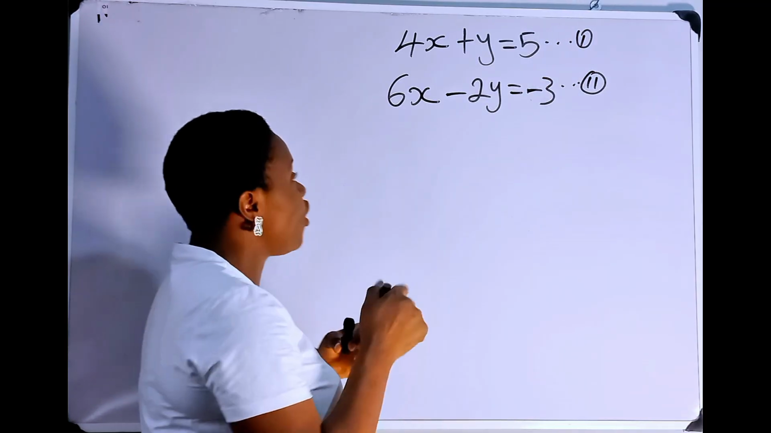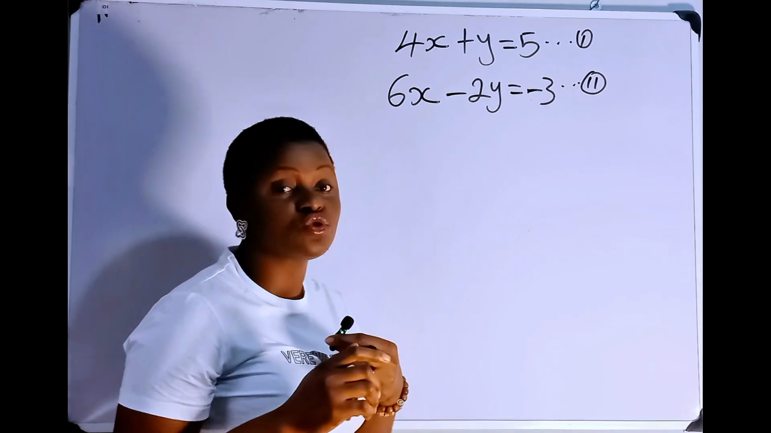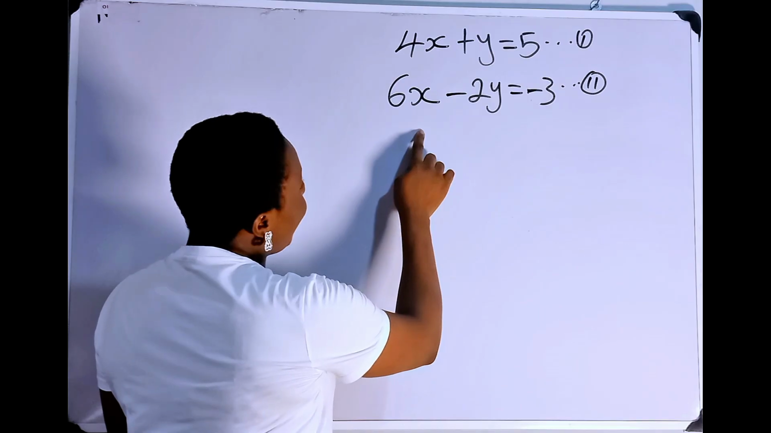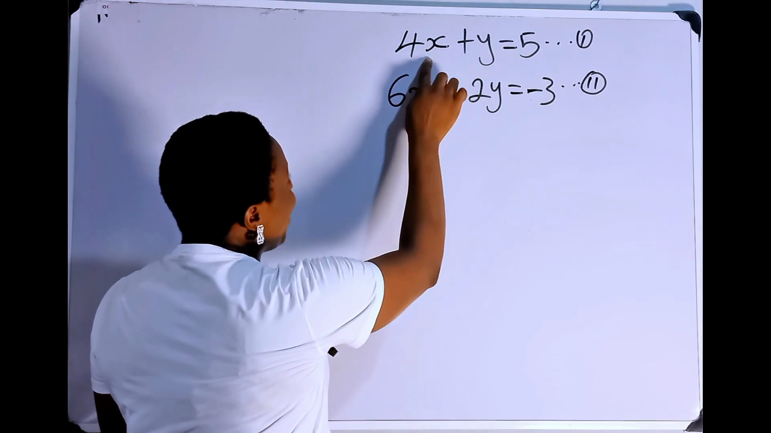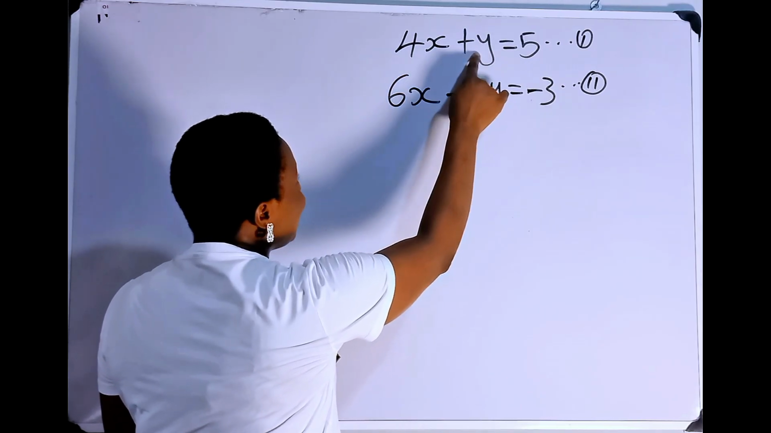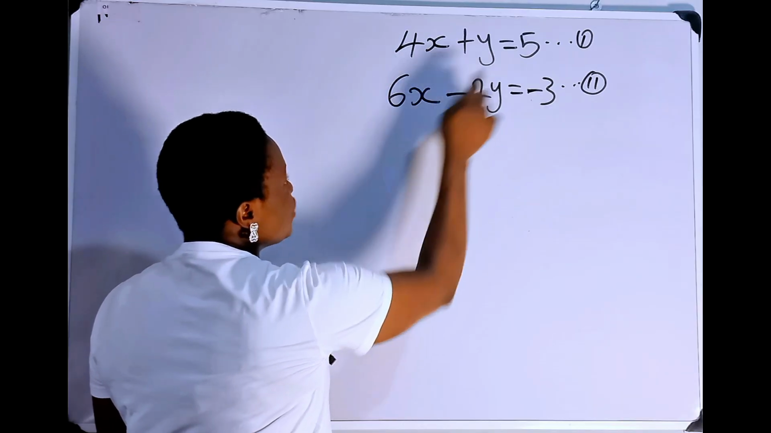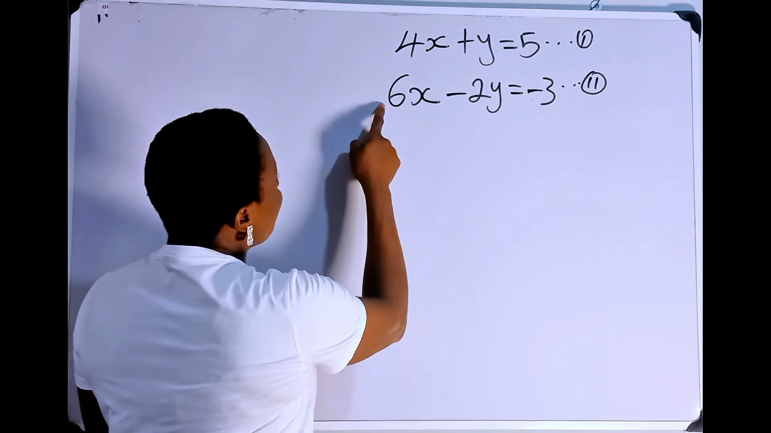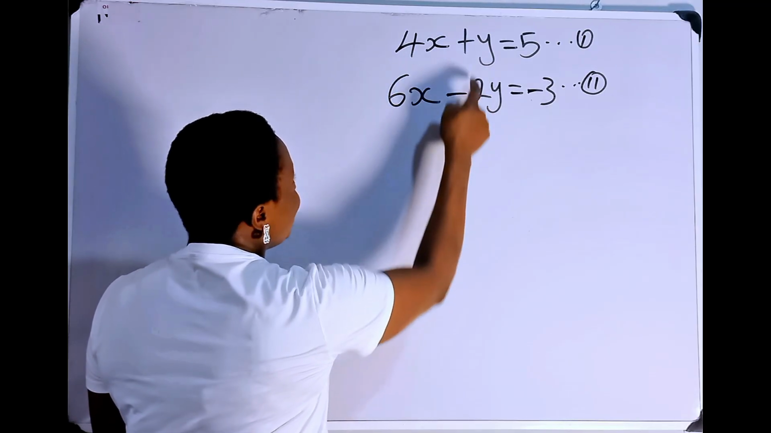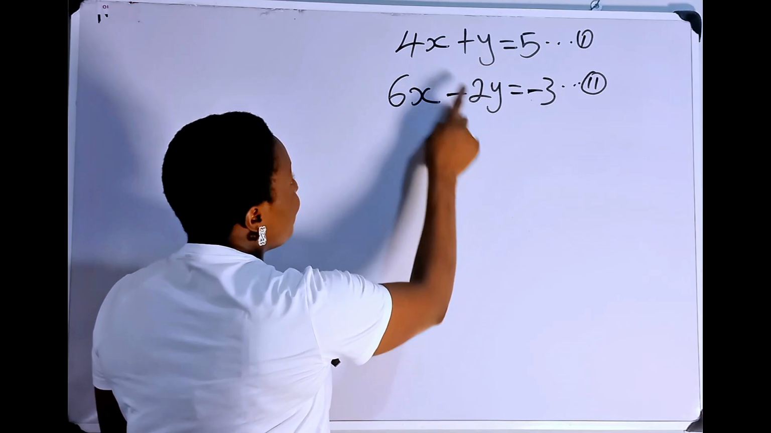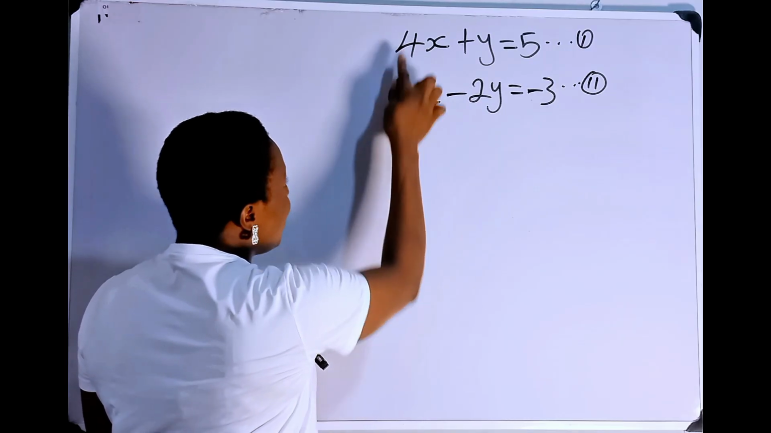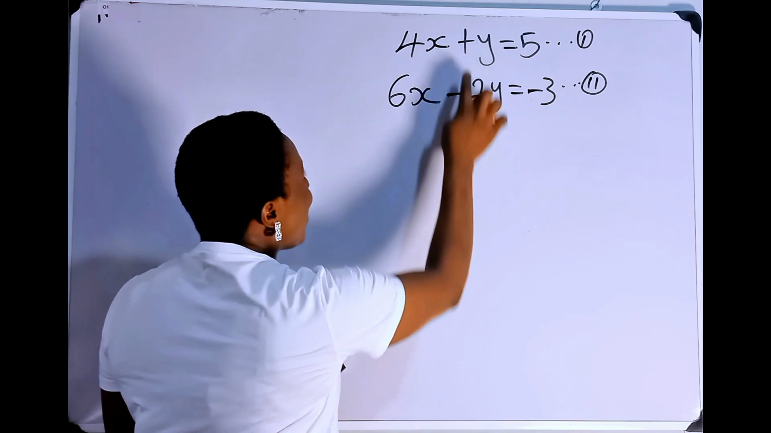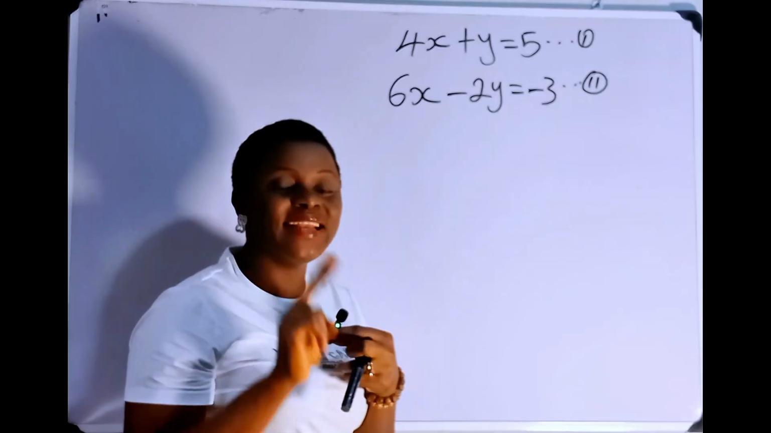Okay, now the second thing to note when it comes to the elimination method is that you are going to consider making one of either x or y have the same coefficient in the two equations. Either you make x have the same coefficient or you make y have the same coefficient. Looking at these equations, this is 4 and this is 6, so they have different coefficients. This is 1 and this is 2, so we'll have to make either of them have the same